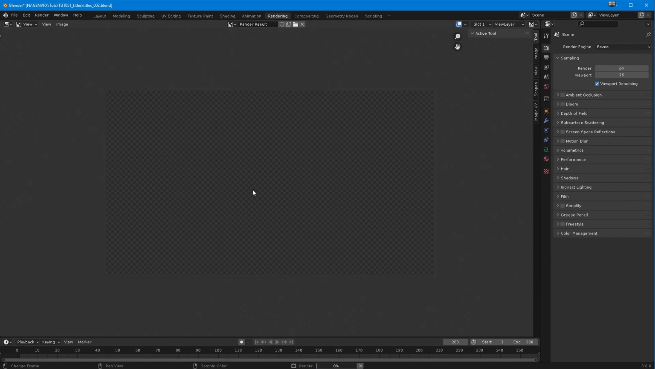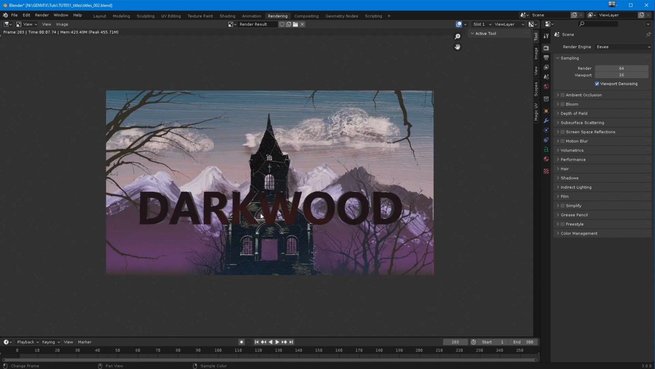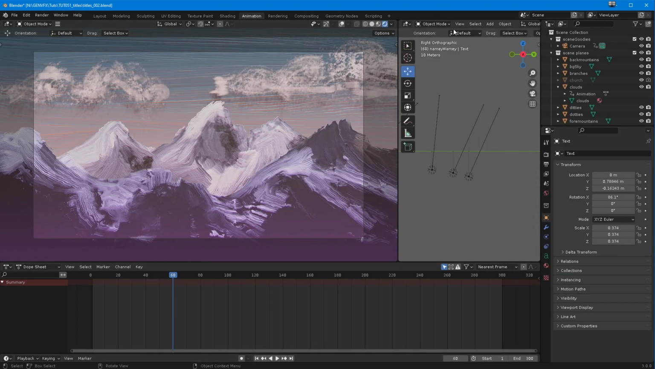Let's have a look. And it's having a think. Oh, that's not bad for not Cycles, is it? It's Eevee. So everything's pretty much there. You've got the feeling of all this stuff going on, and a little bit of movement. And so if I now go back to the animation window,